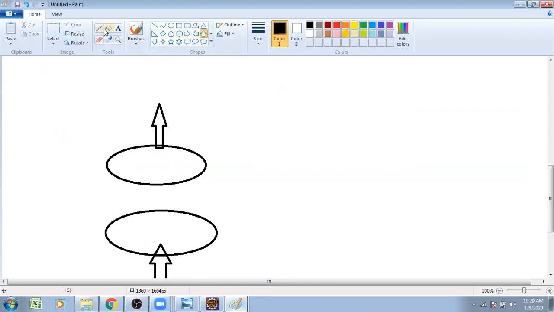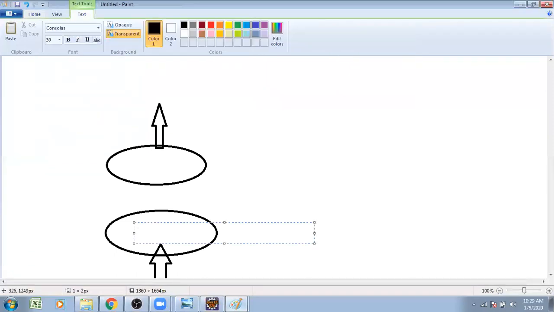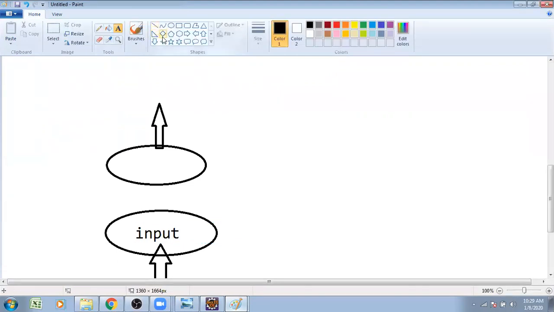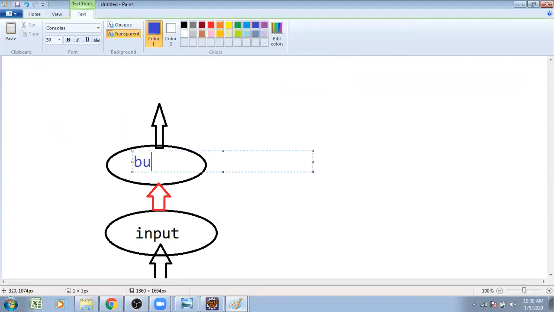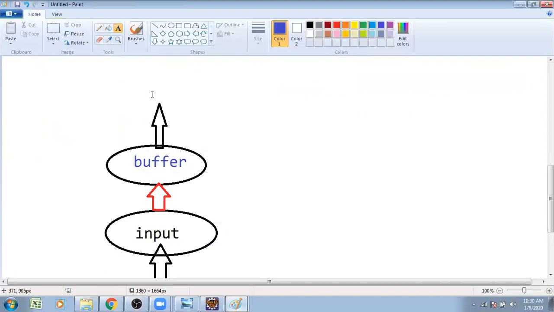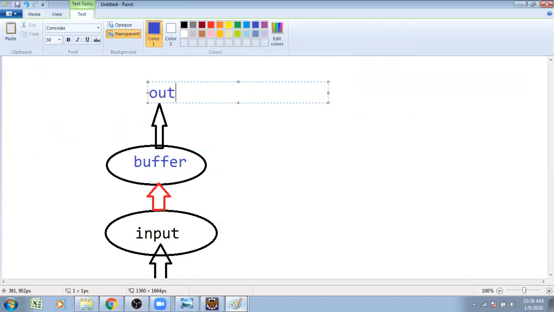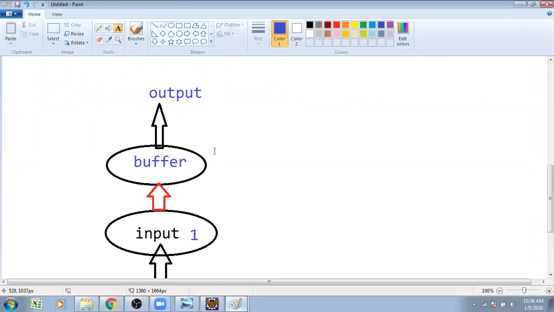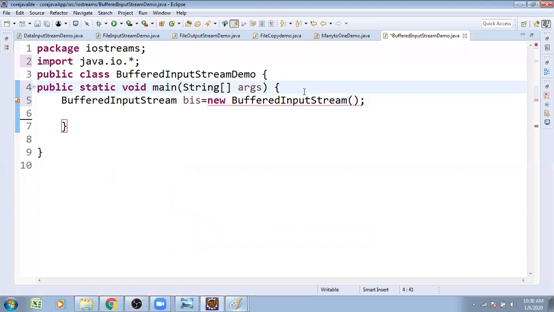First, I want to take the input through keyboard. This is my input resource. Whatever input you take, I plan to store that input in the buffer, the buffer storage area. Buffer is nothing but a temporary storage area. From that buffer, I plan to generate the output. This is the logic I'm expecting. First, you want to take the input. What is recommended to go through? Data reading is recommended. After that, what do you want to do? Store with buffer, and from buffer you want to generate the output.